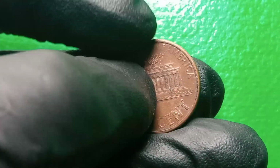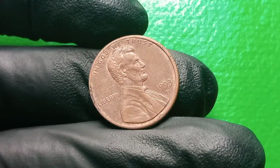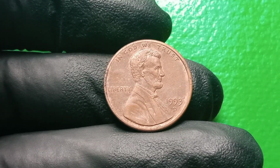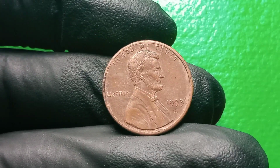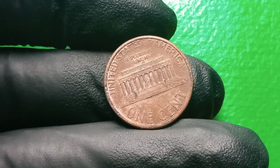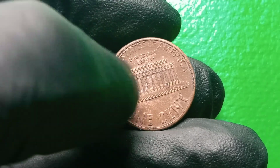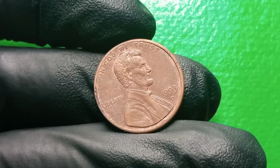First we must place ourselves in 1993, a year when the U.S. Mint in Denver was producing billions of pennies with the copper-plated zinc composition that had been introduced in 1982, each coin bearing Abraham Lincoln's portrait on the obverse and the Lincoln Memorial on the reverse, yet hidden within those billions are coins that deviated from the standard due to double dies, off-center strikes, broad strikes, repunched mint marks, die cracks, die clashes, planchet errors, and even transitional or experimental mistakes that accidentally reached circulation, and collectors searching for these coins